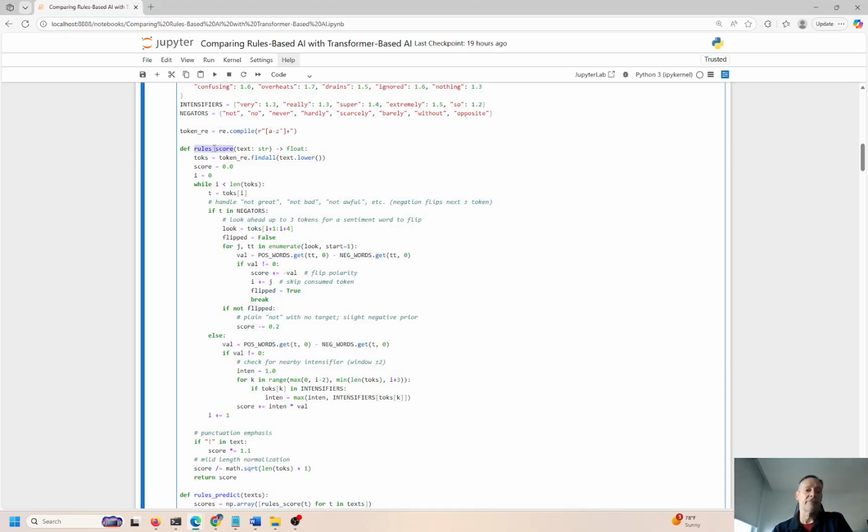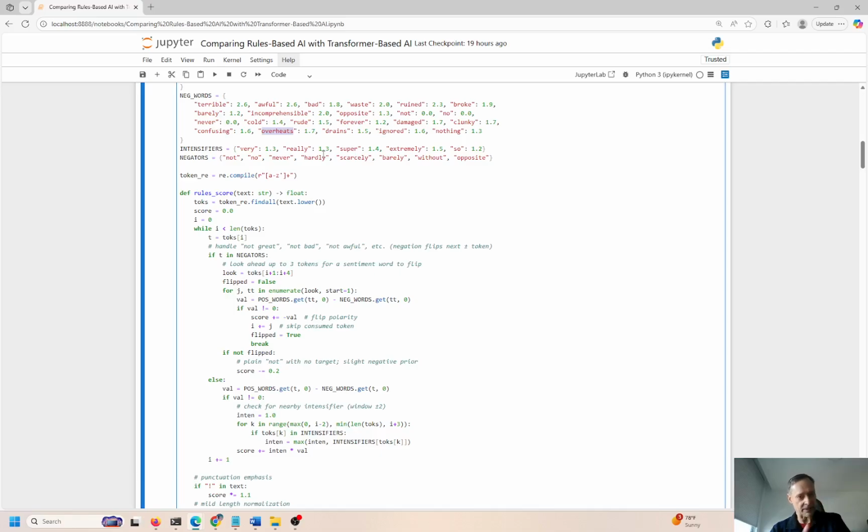I created this UDF. I think I might have actually found this online. Basically, it takes all of these words and tokenizes them, which means creating some type of mathematical representation of the word. So basically, converting words into numbers, and then the rules-based system can analyze these numbers. So the computer, in this scenario, in a rules-based system,